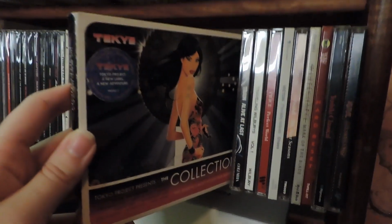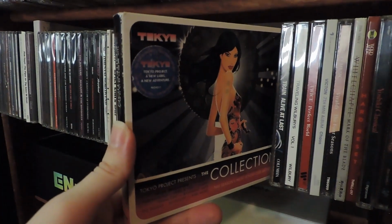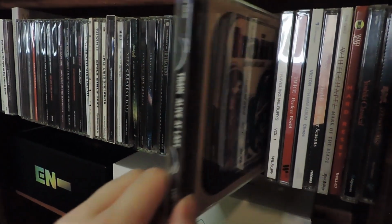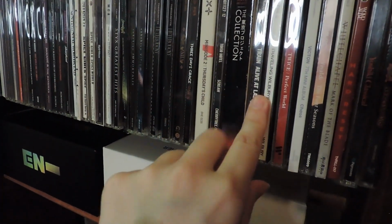And then this is some kind of remix dance music collection that I got at a thrift store just to see what it was like. This is an album that Dad had bought, along with this one, and then I have...